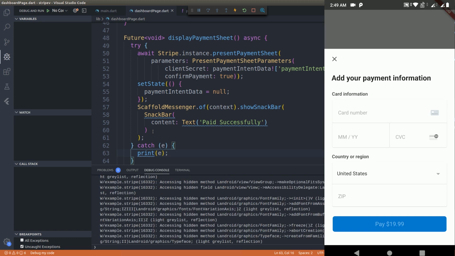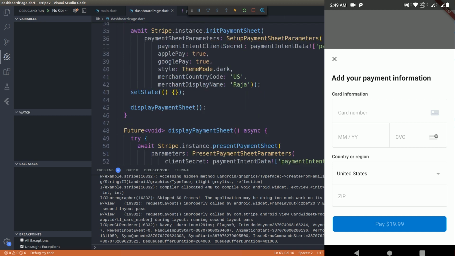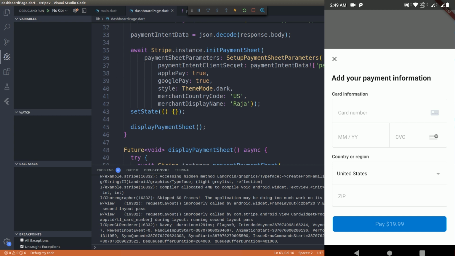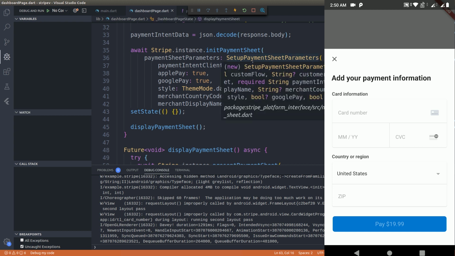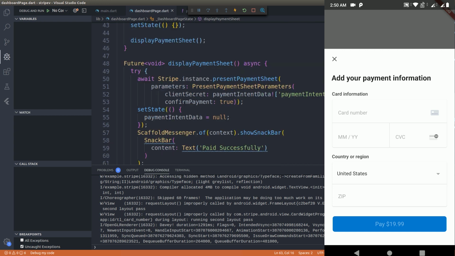Wow, you see this payment sheet, right? So this is the payment sheet that I have been talking about, guys. This is the payment sheet. Now the intent has actually been created, and then the payment sheet has been initialized here, like we saw. The payment sheet has been initialized, and then the next step is displaying that payment sheet, which is what's